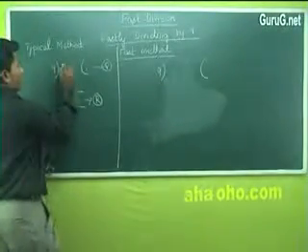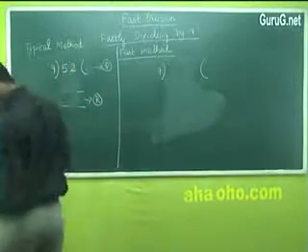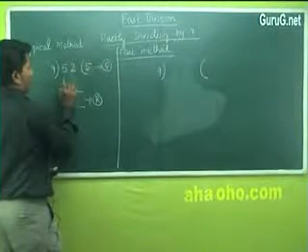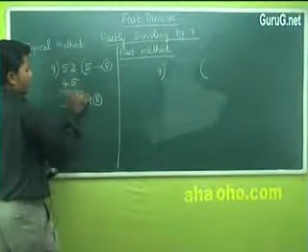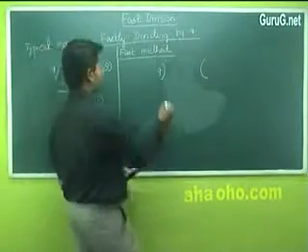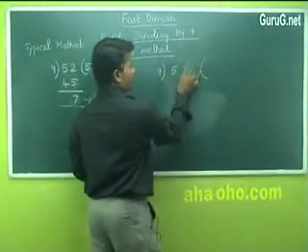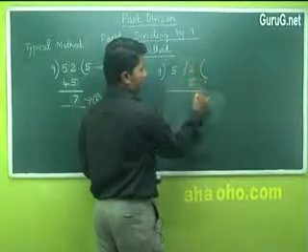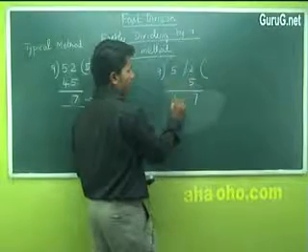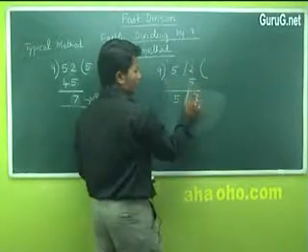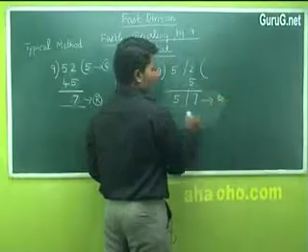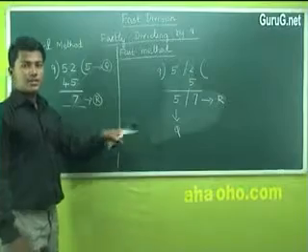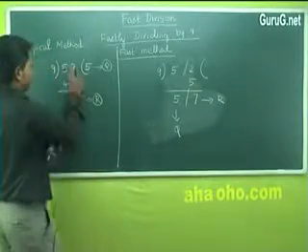Now we shall go for another number, say 52. In the typical method, 9 5s are 45, remainder is 7. In your fast method, place a bar, bring the number down, 5, 5 plus 2 is 7, bring the number straight away down, 5. This will be your remainder, this will be your quotient. Yes? So shall we do it a little bit faster?